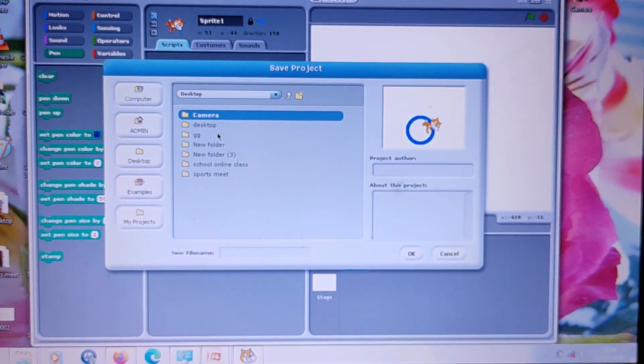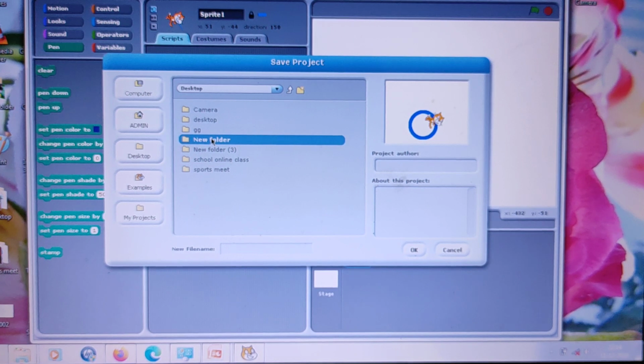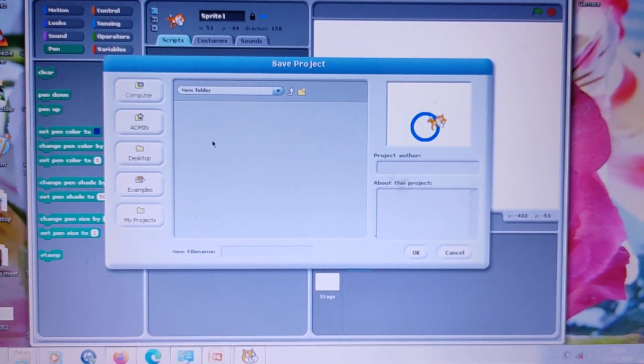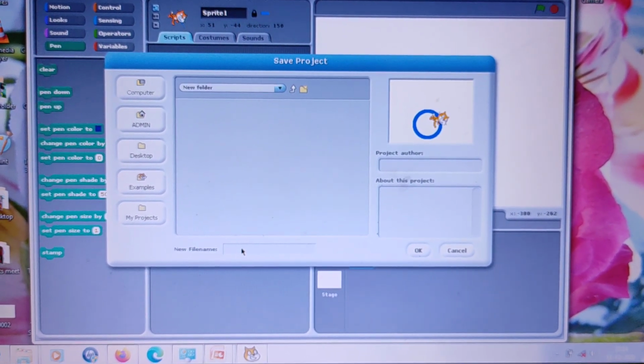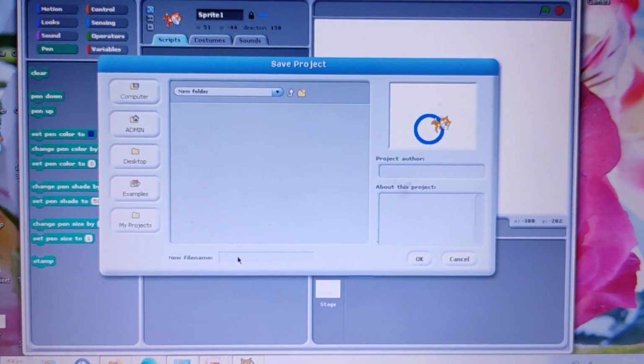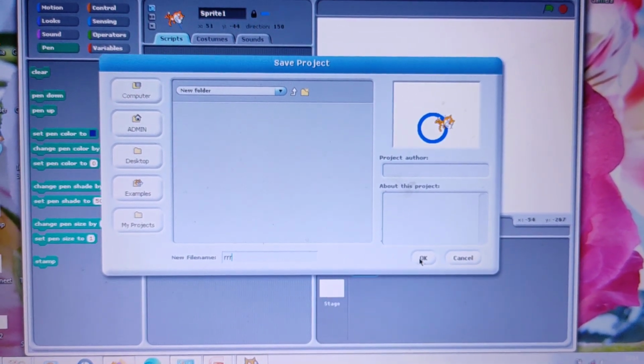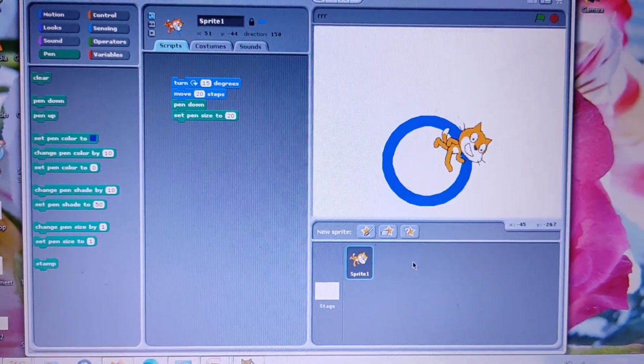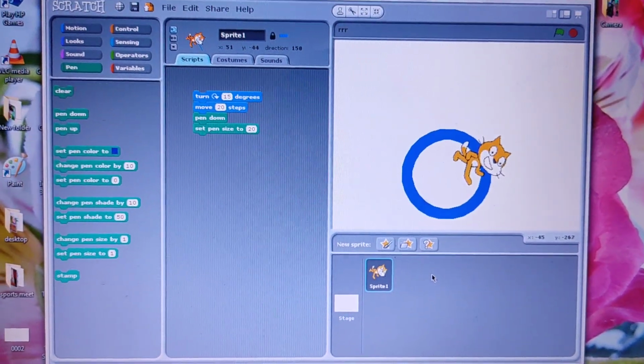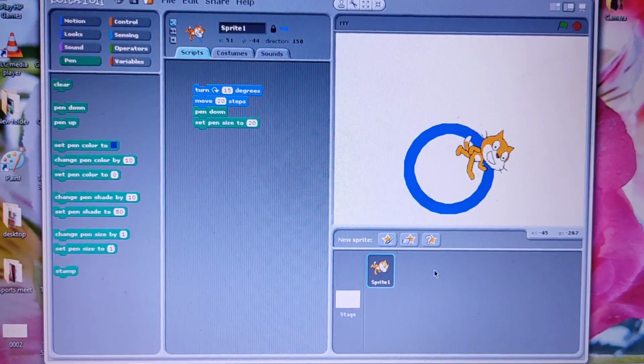So I just select this new folder, and here I write down the file name. I write RRR and click on OK. Now your project is saved.